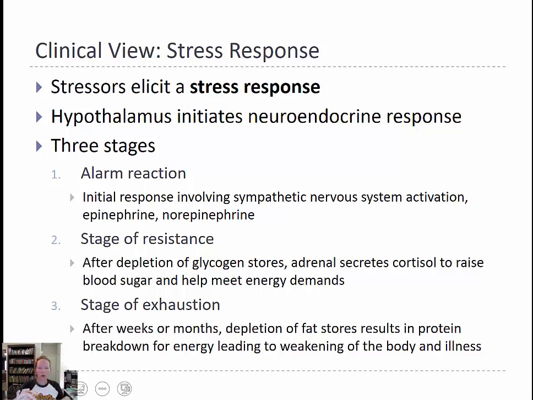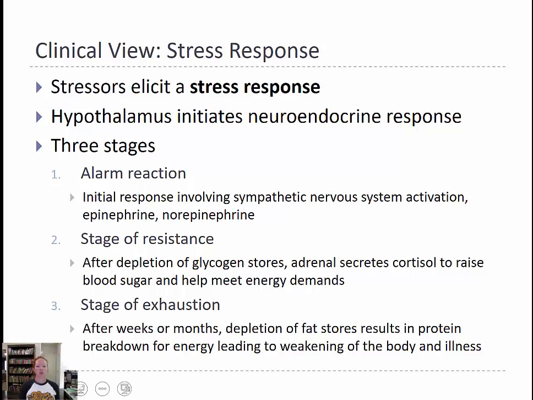Usually once that stressor, if it is a short-term stressor, your exam, once it's gone, once you've taken the exam, then usually your body calms down and the alarm reaction goes away. Let's take a look and see what happens when you're in kind of this chronic stress mode where your stress does not go away. It moves from the alarm reaction, which is I'm going to fight this stress. It moves to something called a stage of resistance. At this point, it's going in and saying, okay, well, the stress is here to stay. Let's try and figure out a way to live with the stress. Let's try and figure out a way to deal with this stress.